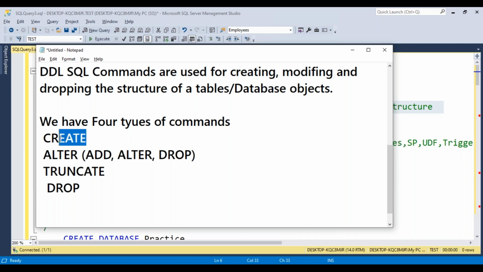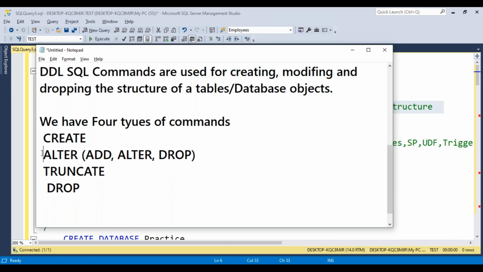This is where we use the create statement. And coming to alter, a simple example: alter means changing or modifying. What do we have to modify? For example, your shirt size is large, but unexpectedly you bought an XL. What do you have to do? We alter the shirt. We go to the tailor shop and reduce the shirt size, right?